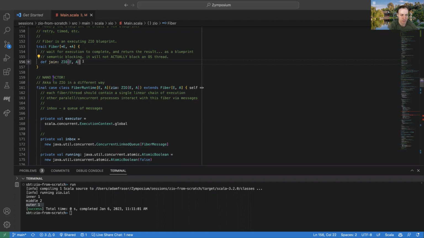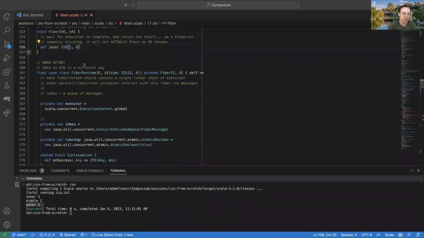And if you go back to our first ZIO from Scratch series, we had a bunch of stuff where we were using these concurrent data structures, and we were using atomic references, and we were showing how we had to double check different things. And that, I think, was some of the accidental complexity that was on top of the essential complexity.